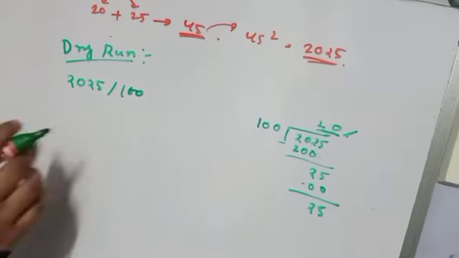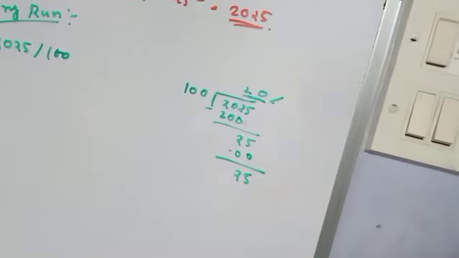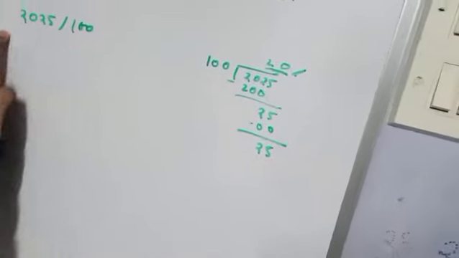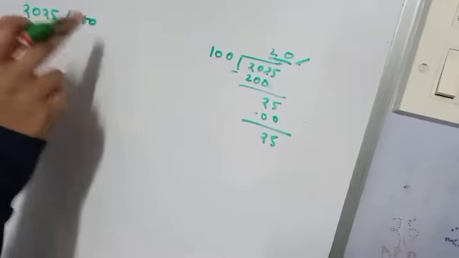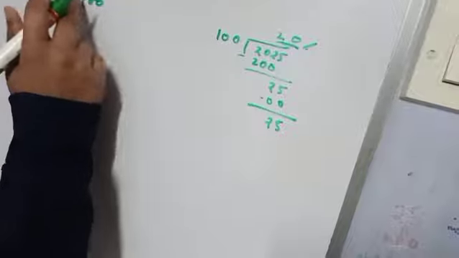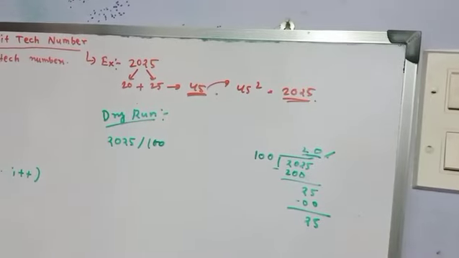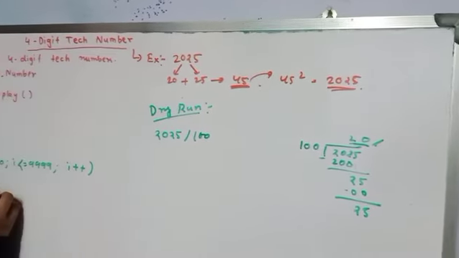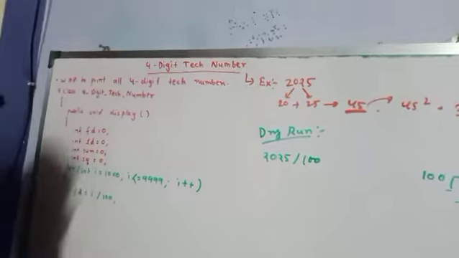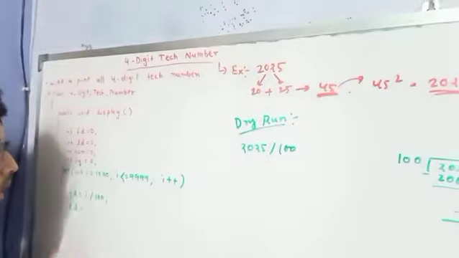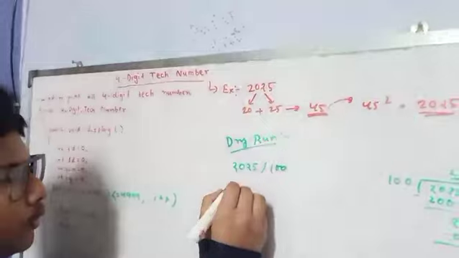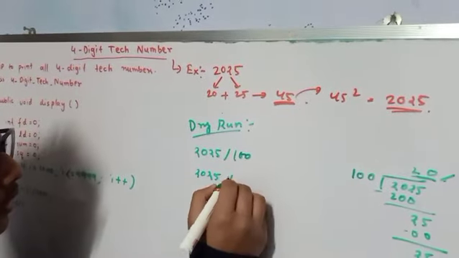So how can you get the first 2 digits? You have to divide this number by 100. If you divide by slash, you will get the quotient, that is 20, which is the first 2 digits. So first 2 digits will be equal to i by 100. Okay, now you have to get the last 2 digits. How will you get the last 2 digits? If you perform this modulus division,